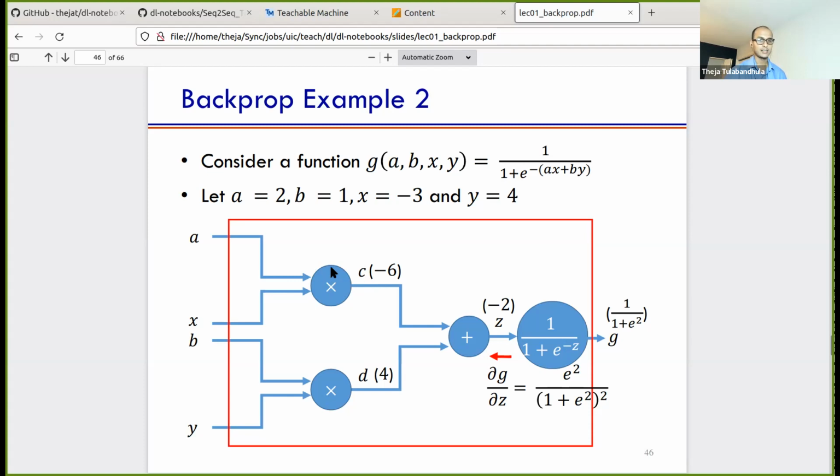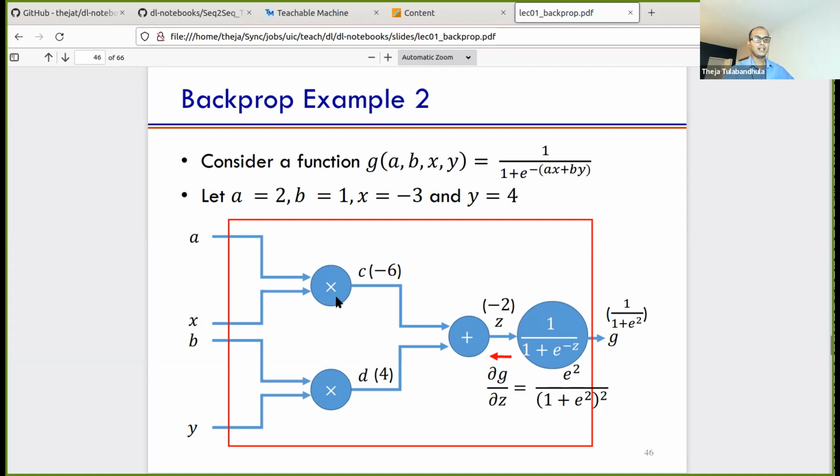Okay, those are the local gradients. Those local gradients can be multiplied with whatever is being returned back, whatever is sent back on the edge C. So you start with the local gradient, you send it back, gradient of G with respect to Z. Now Z is an addition term, very similar to the previous example. So this local gradient again is sent back to both the edges C and D, and C and D are